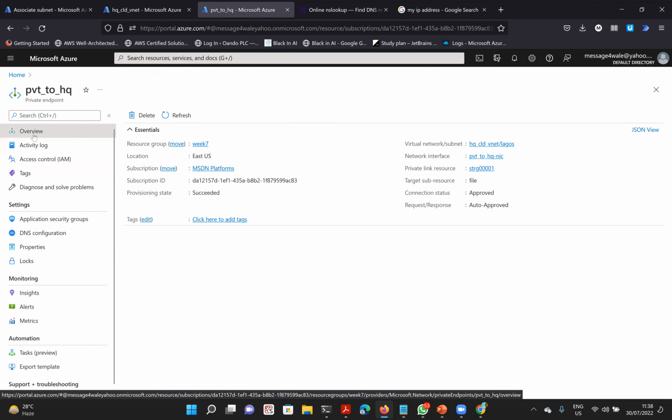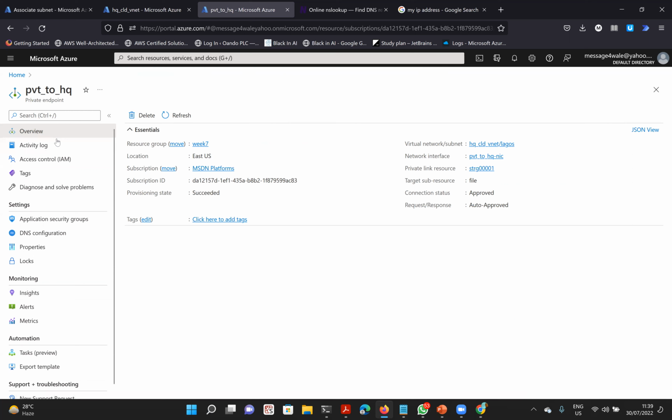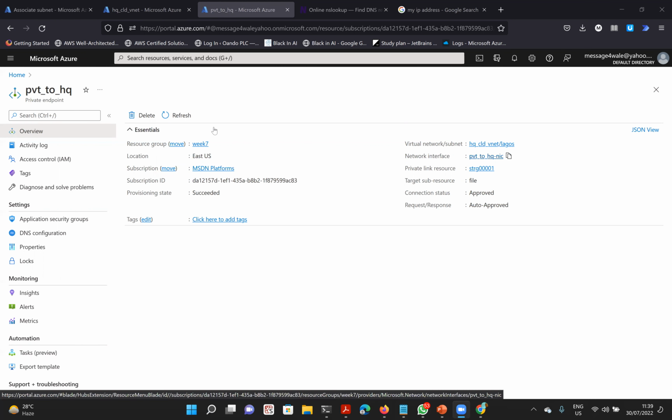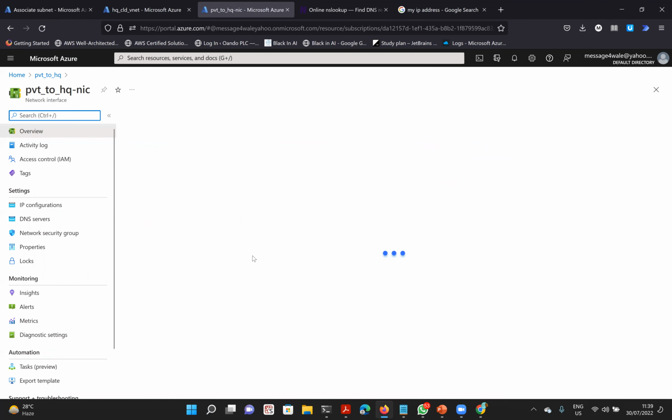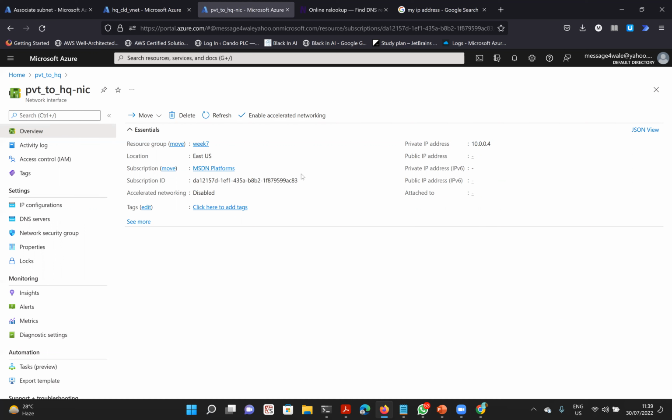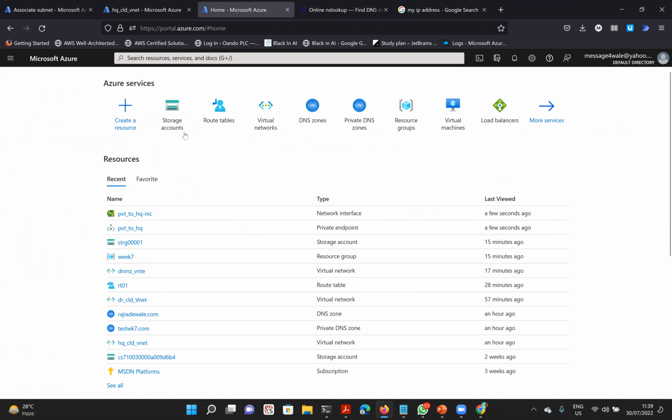So this is my storage, and my storage currently has a private endpoint. Here I can see that this one is approved, successful, and it has a NIC. If I click on this NIC, I'll see what IP address is tied to it. The IP address tied to my storage account is 10.0.0.4, which means that I can access that storage account using that 10.0.0.4